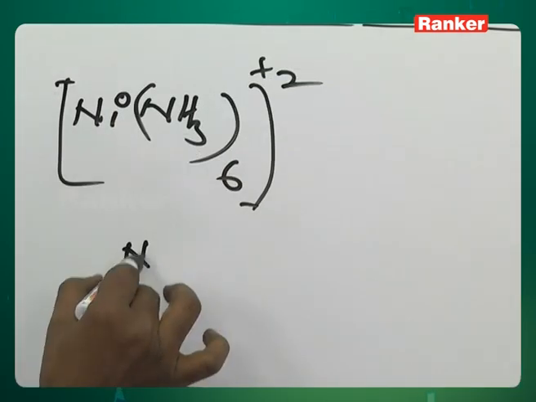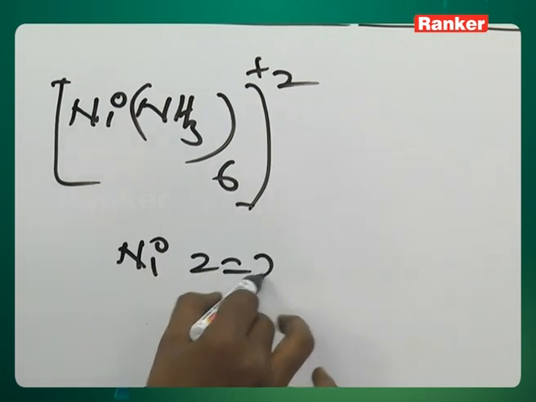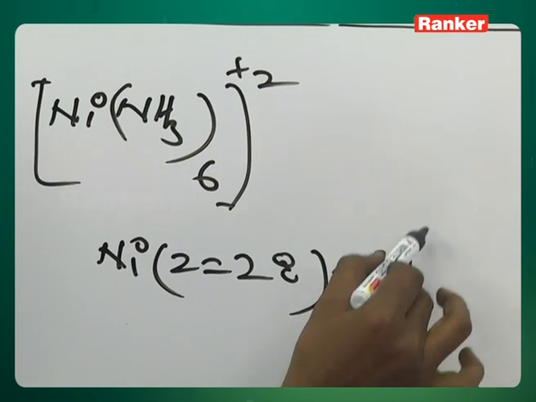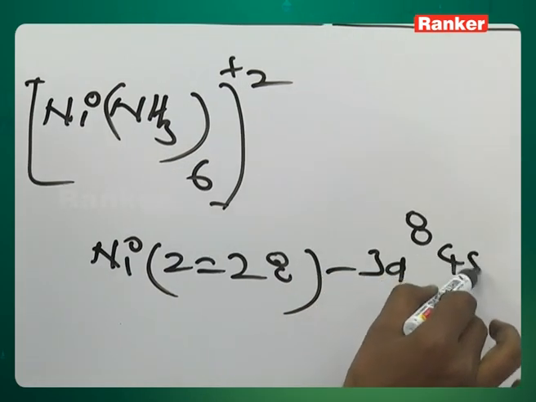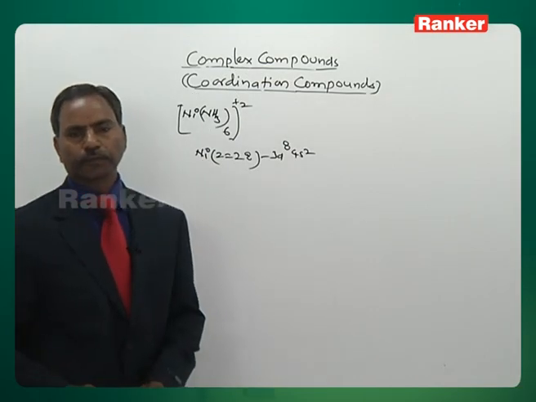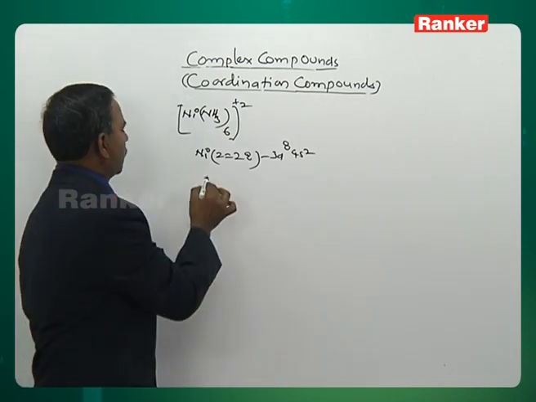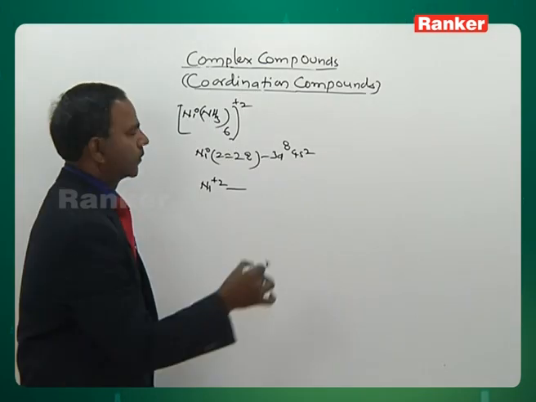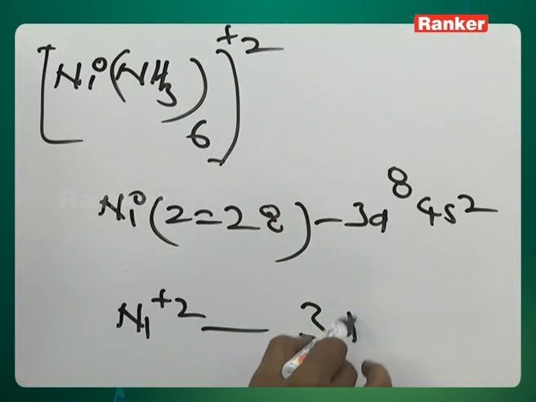Let me write nickel, atomic number equal to 28. Its configuration is 3d8 4s2. Next, nickel is in plus 2 oxidation state. Then the remaining configuration is 3d8